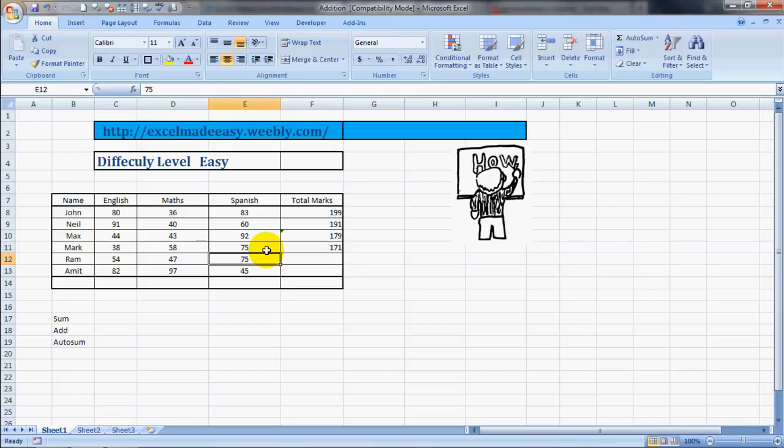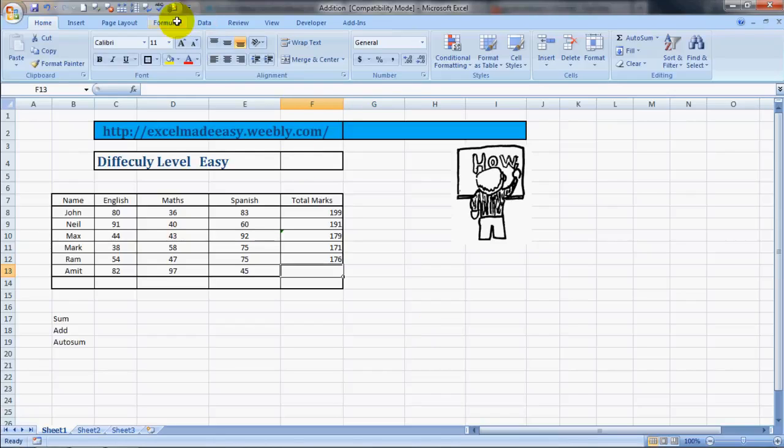What we need to do is select whatever we need to add, and if we see below here, it gives us the result, sum 176. So you can actually see the result from here and type it. You won't believe, so many people do it. Even I use it so many times. And finally,